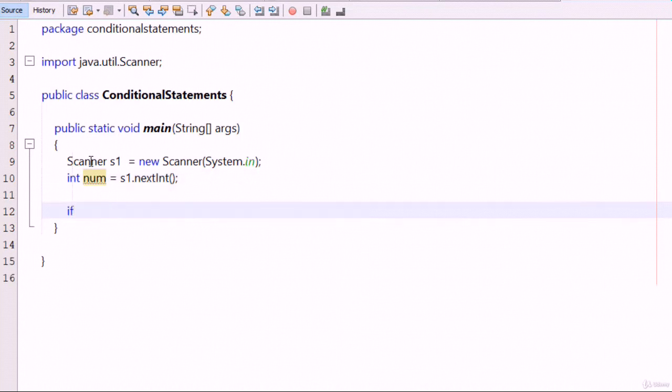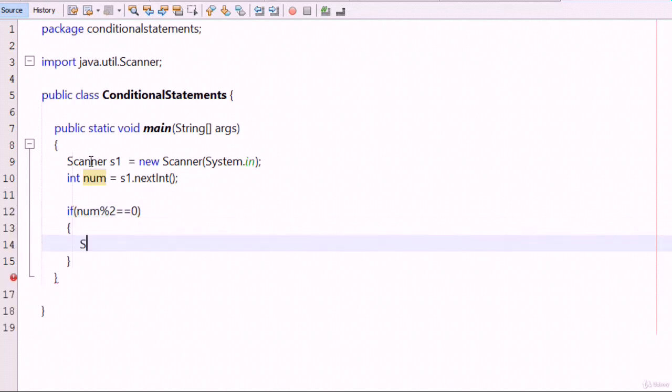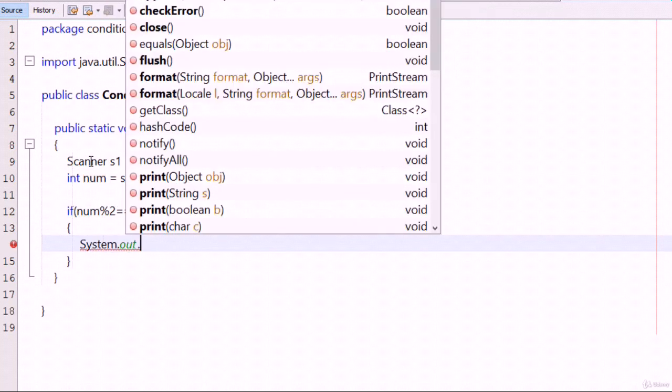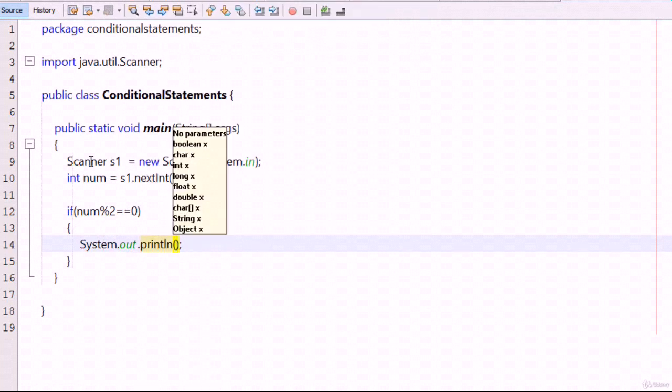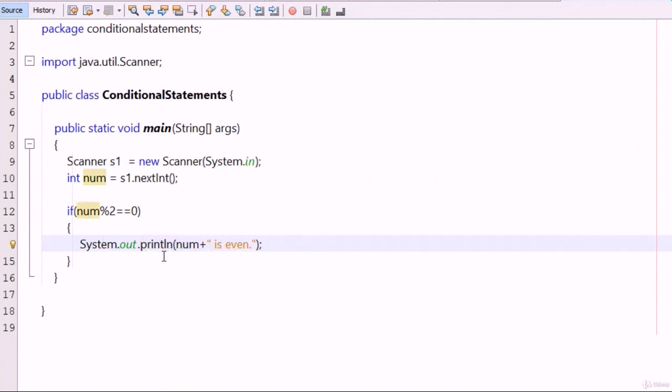Now I type here if num modulus 2 equals 0, then print number is even. You can also print the number here to make it better. I type here num concatenation operator is even,